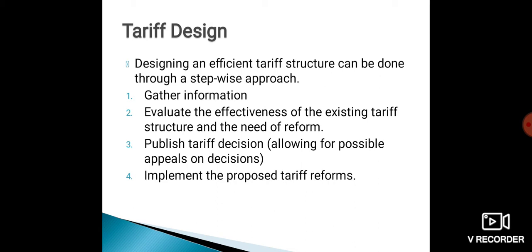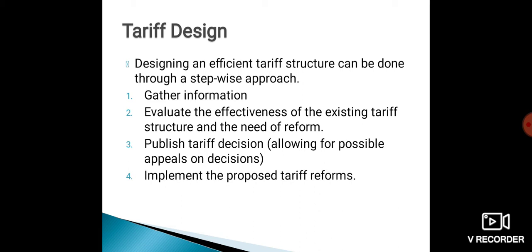First of all, we will gather the information. What is the existing tariff structure? What are the advantages of the existing tariff structure? What are the disadvantages of the existing tariff structure? This information we will collect. After collecting the information, we will evaluate how effective the existing tariff structure is and why we want to reform. So the need of reformation and effectiveness of the existing tariff will be evaluated in the second step.